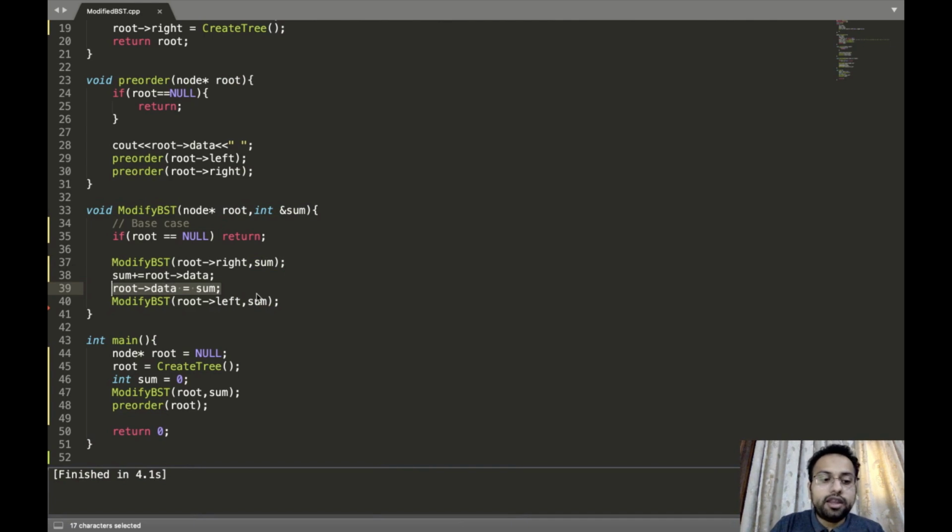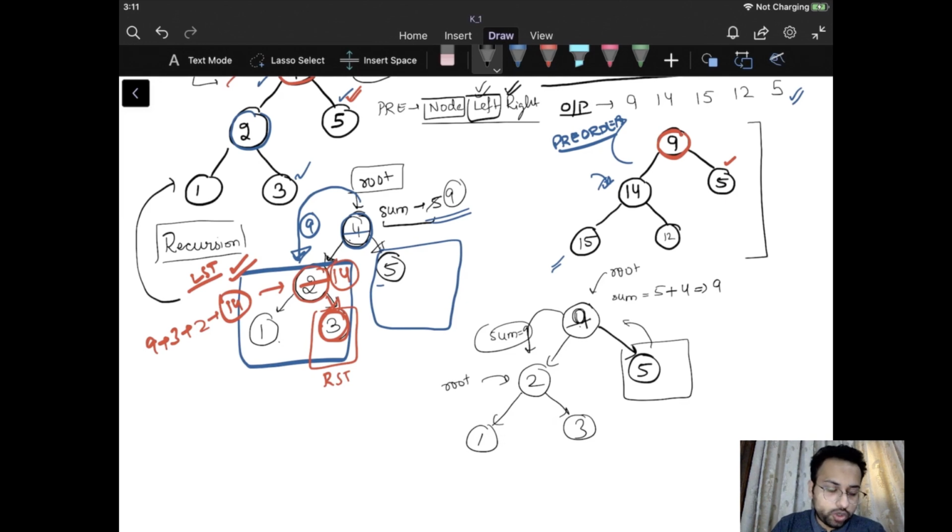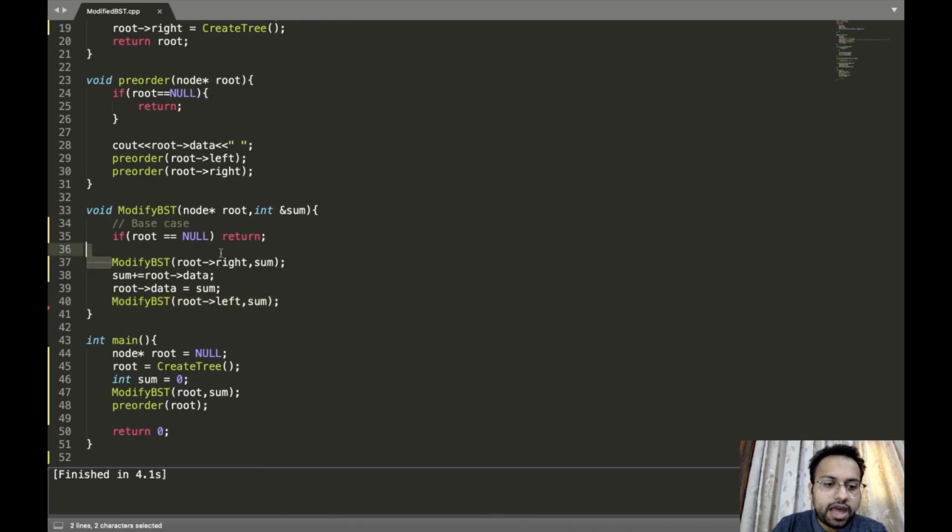The first thing, again, this is called the left side, right? So this is the recursive function. When we go towards this function again, we will check whether the root node is null or not. No, the root node is not null now. This has become the root node now, which is not equal to null. So first of all, what we do, we calculate the sum for the right subtree.